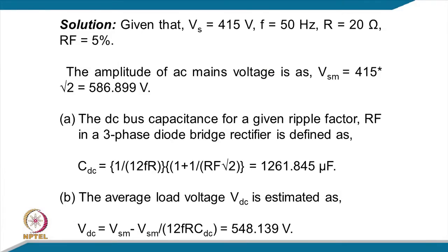So, the solution is: Vs equal to 415 volt 50 Hz AC mains, R 20 ohm and ripple factor 5%. So, the amplitude of the AC voltage will be Vs times root 2, that is 586.899 volt, and the design DC bus capacitance for a given ripple factor and 3-phase bridge rectifier is defined as C_DC from this relation: 1 by 12 f R, in bracket, 1 plus 1 divided by RF into root 2. So, it comes typically 1261.845 microfarad, and the average voltage is estimated as V_SM minus V_SM upon 12 f R C_DC. So, it comes